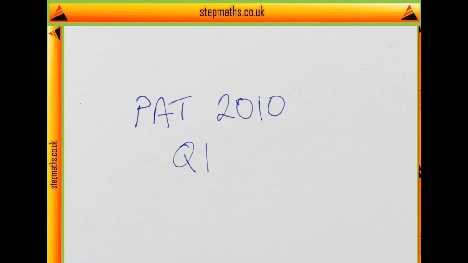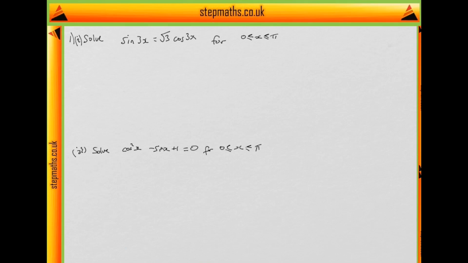Hi, today we'll do the PAT paper from 2010, looking at question 1. Question 1 is split into two parts. Part I says to solve sine of 3x equals root 3 cosine of 3x for x in the range of